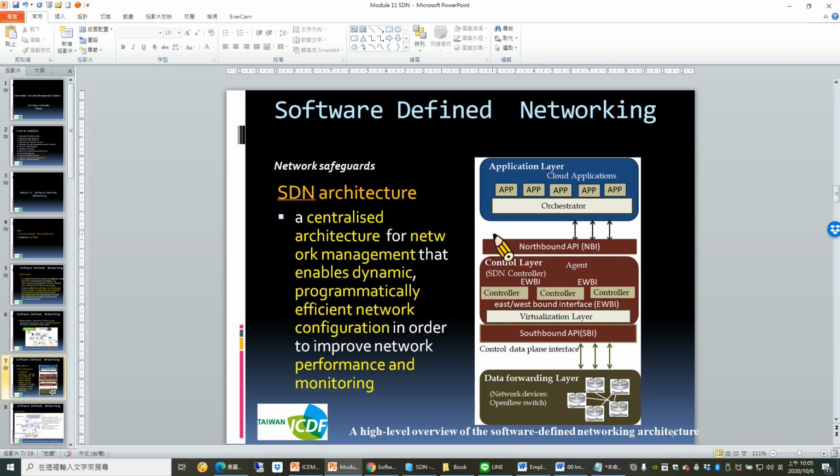This is SDN's architecture, with 3 layers. The bottom layer is the data forward layer. It is supported by network devices, the OpenFlow switches. To assist the devices, the link is controlled by the control plane. The center of the control plane is the SDN controller. It uses the southbound API to link the path. Then, if the data is to be attached to the service application, it will pass through the northbound interface to connect to